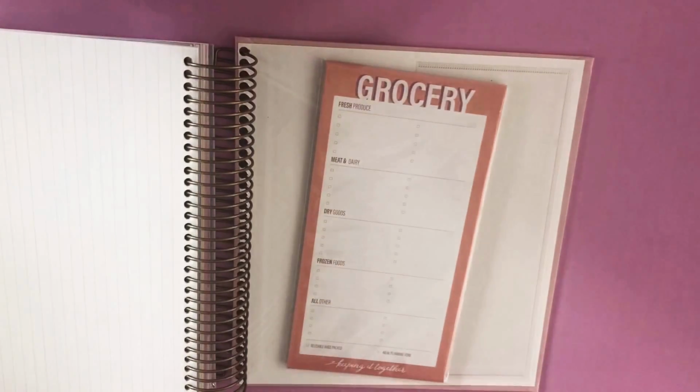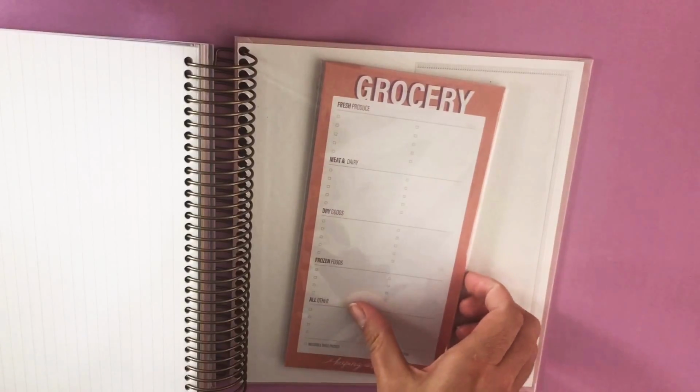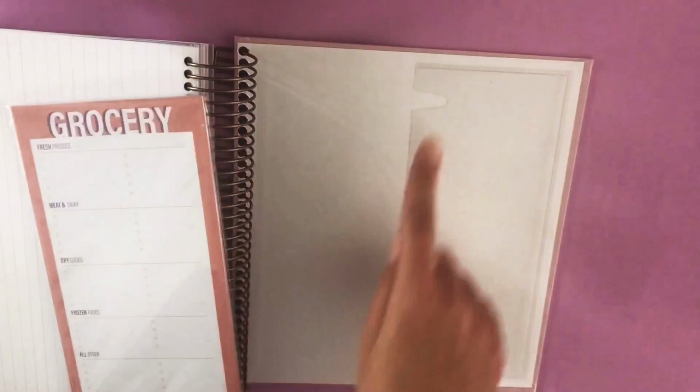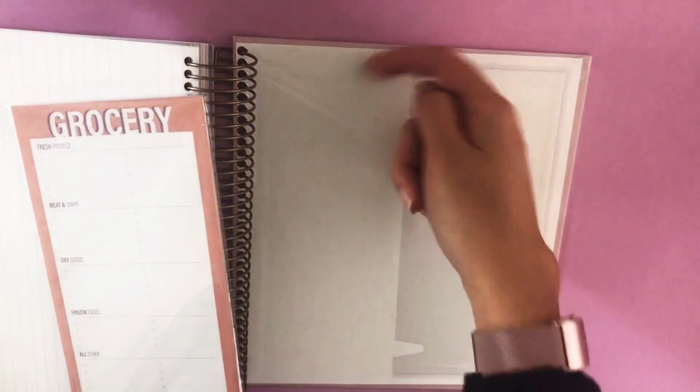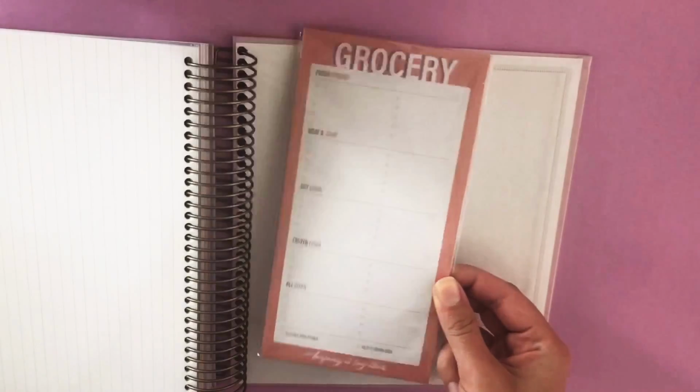Which brings me to yet another thing that I want to show you guys. As we were talking about earlier, there is that new dashboard option, and I may do a separate video on that later on to show you what that looks like. There is a separate dashboard that you can order, and you can stick different things in it, and it's basically about the size of this, but it has hooks on it so you can clip it into your planner, move it as you need. They have these awesome list pads that they came out with,